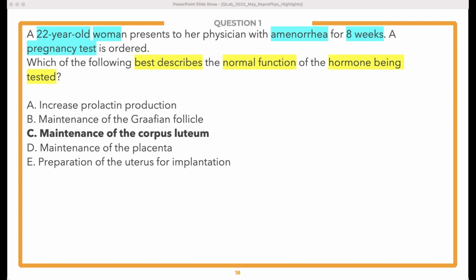The hormone that's being tested when you're trying to detect a pregnancy is HCG, human chorionic gonadotropin, or beta HCG. Okay, it's detectable in blood 1 week after conception and in urine 2 weeks after conception. Okay, so now that we've decided that HCG is what we're testing, we've got to determine the normal function of HCG. So if we take a look at the next slide, you can see in First Aid that the main